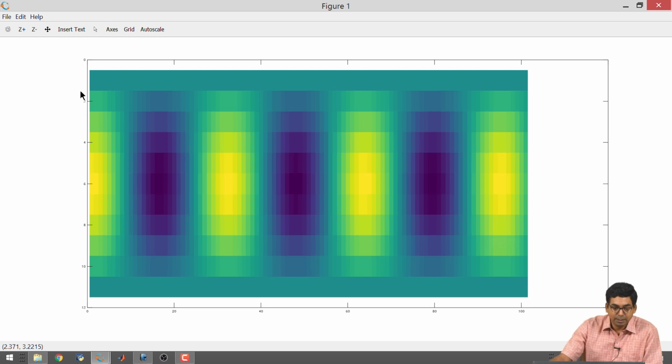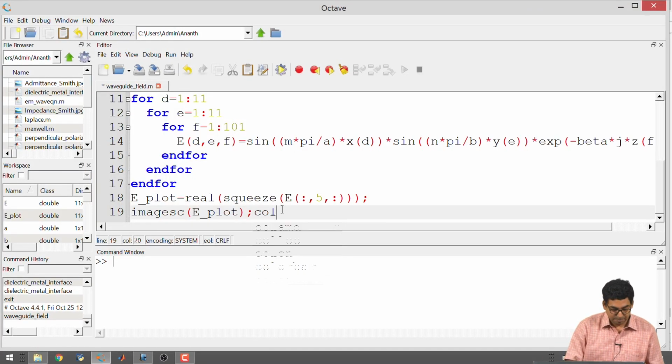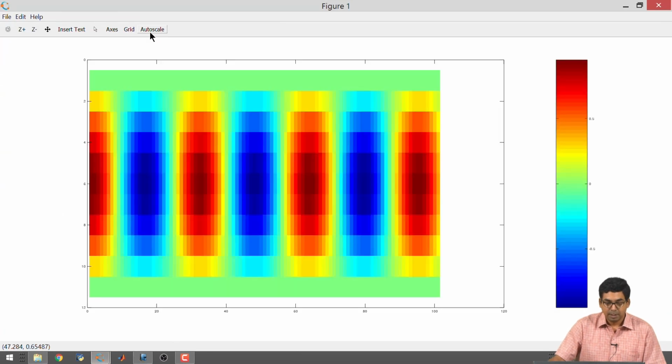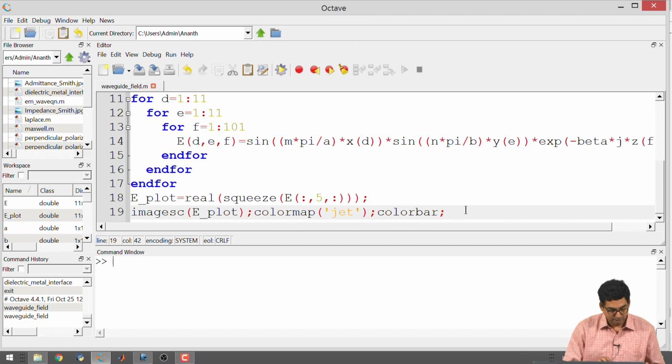Okay. There are a few things that we have to look at. First of all, this colors, I am not even able to see the color from here. So, I will just change the color bar and the color map. The second thing that I am noticing is imagesc by default will put the image coordinates, 0 comes from the top to bottom and from here to here. I do not like it. It is difficult for me to interpret that. So, I will just make it conventional axis xy, right.